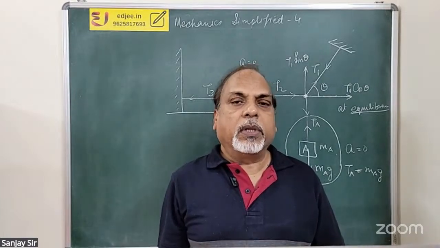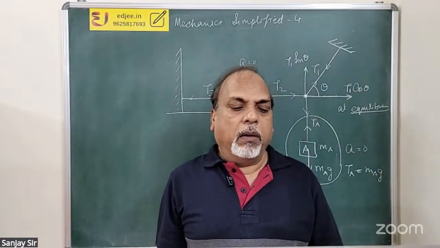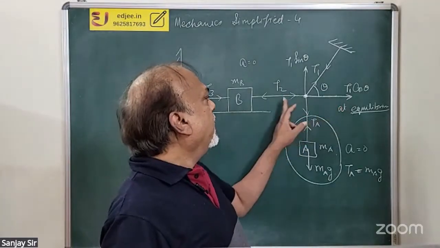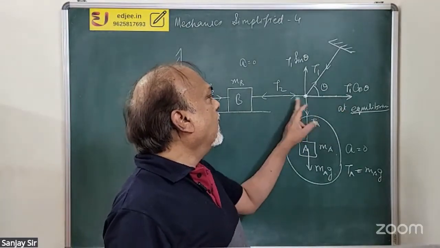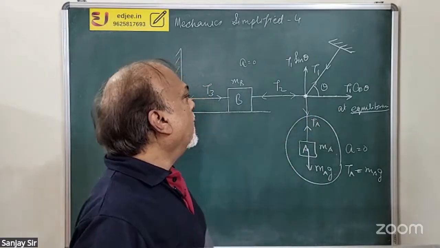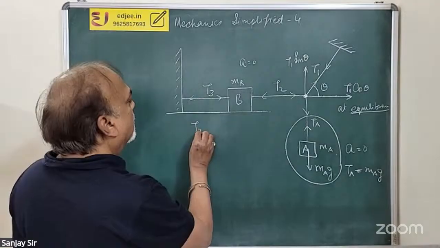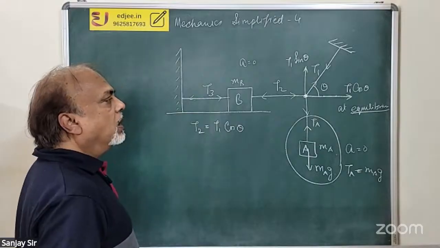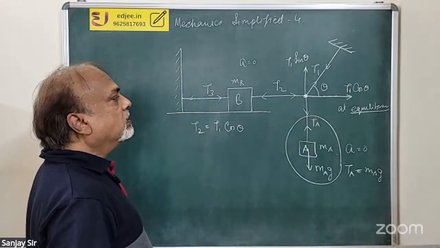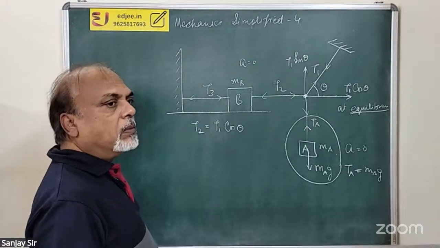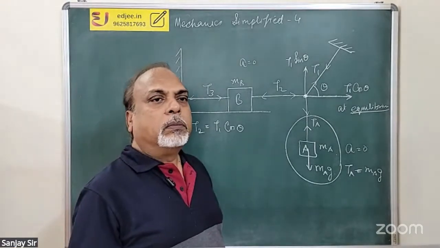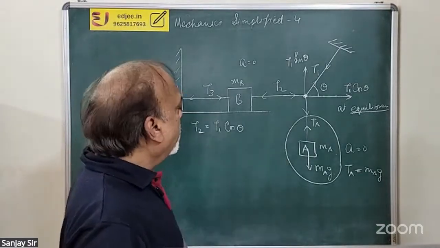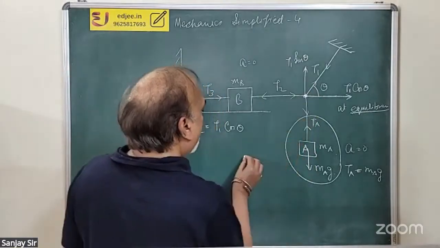I think this is clear. What is T2? Here, if you see, T2 is nothing but T1 cos theta. Correct? And suppose if you resolve these forces at this point,